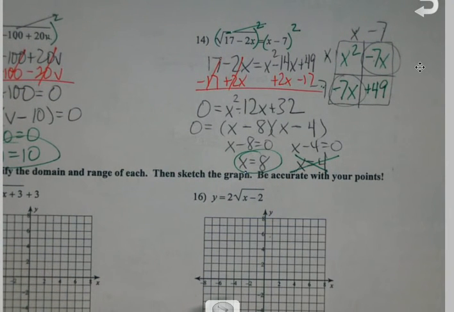Okay, those are the types of little things you do have to watch for, especially if there's a couple of answers. You may get one that doesn't work. That's why we've got to check them. Okay, so there'll be some of those. And then finally,